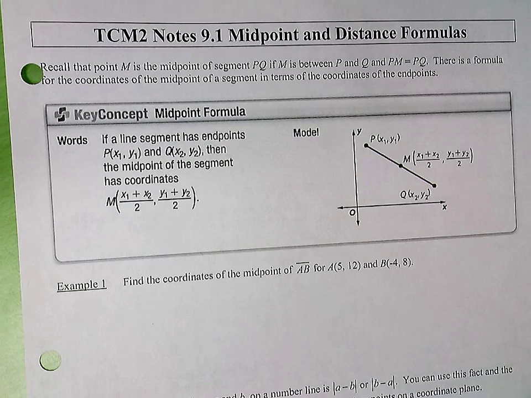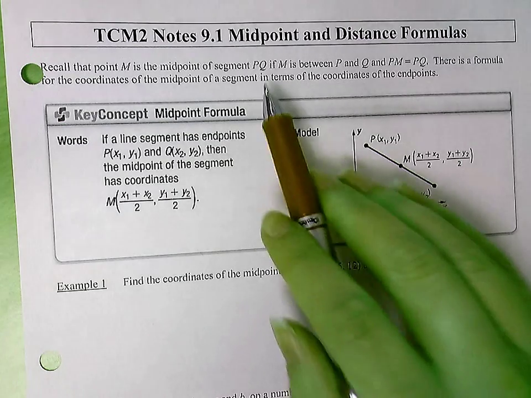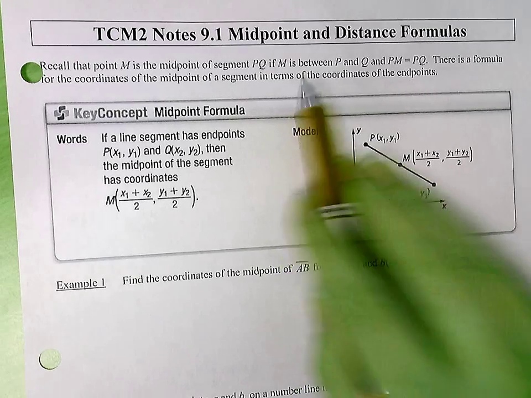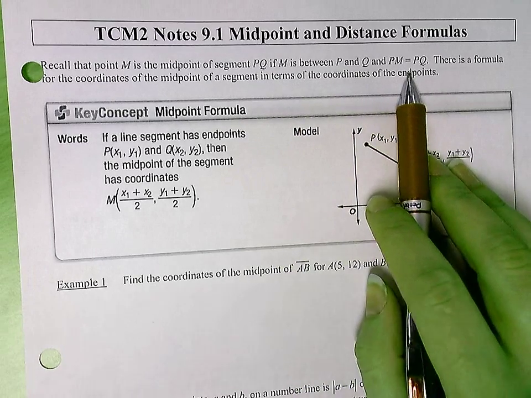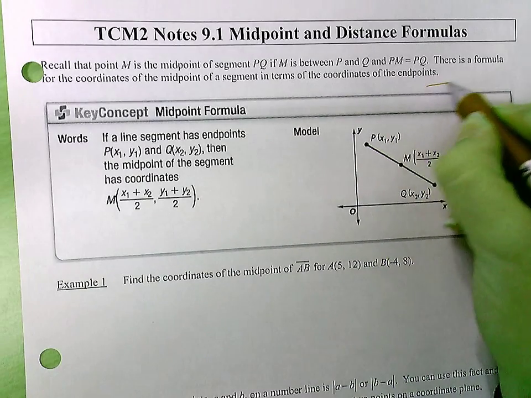So, recall that point M is the midpoint of segment PQ if M is between P and Q and PM is equal to MQ. Okay, so if I have a segment